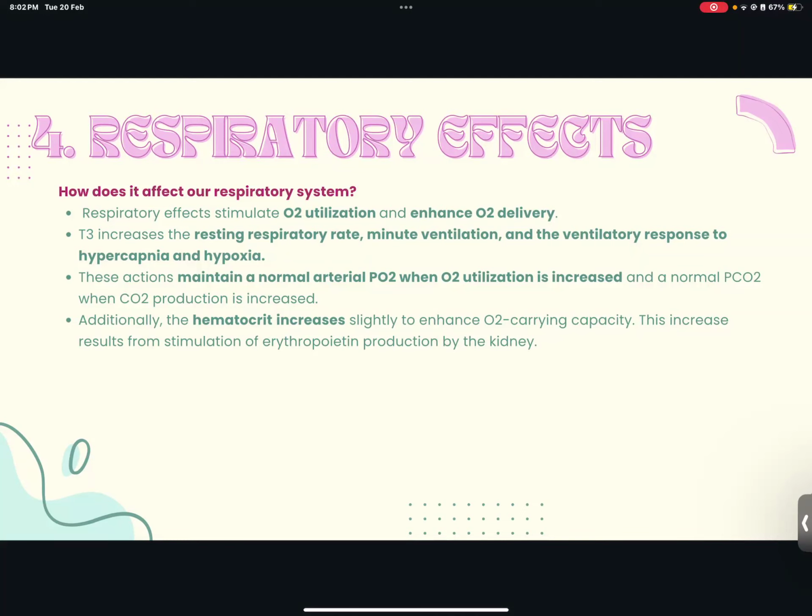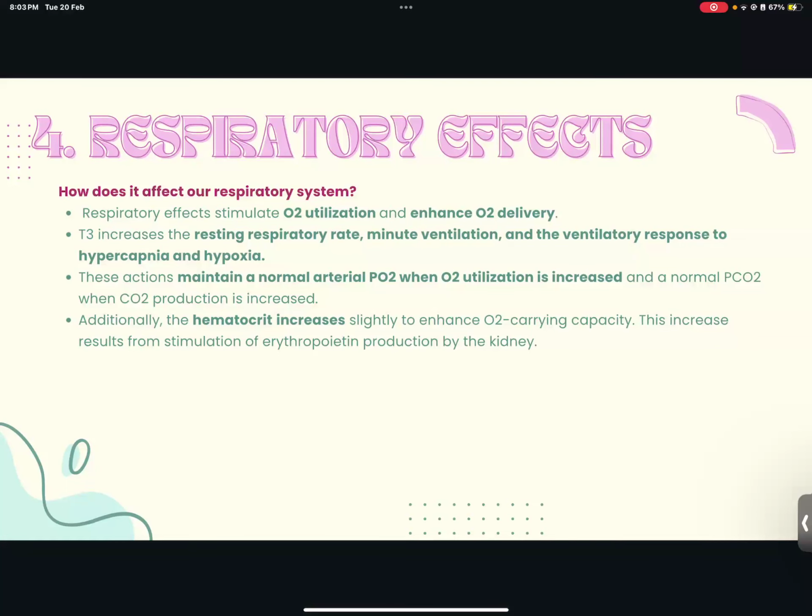So this will also help to increase the resting respiratory rate, the ventilation and the ventilatory response to increased levels of carbon dioxide and decreased levels of oxygen. So thyroid hormone is important for using oxygen and delivering oxygen and increasing respiratory rate and ventilation. And all of these actions of thyroid hormone are important in order to maintain a normal arterial PO2 when you need more oxygen, and also a normal PCO2 when carbon dioxide is being produced more in